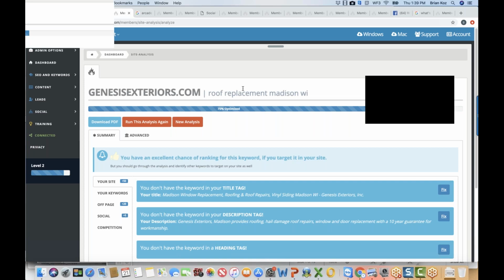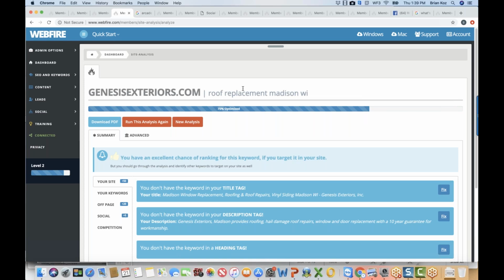I mean, if you charged $3,000 to $5,000 to do a basic SEO service that WebFire here could do all of it for you, they would consider that a steal of a deal, because if they just get one low-end client, they're making a profit. If they get a couple of those a year, they're making a huge profit. If they get one or two big clients, it's a huge ROI, probably better than anything else they've ever done.